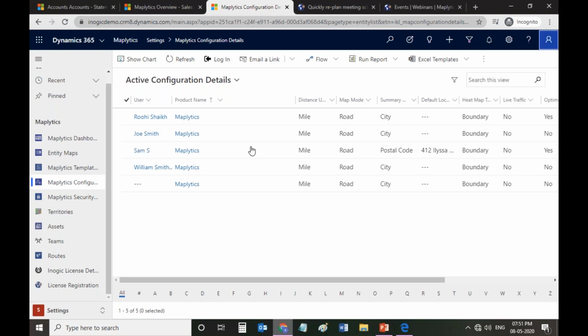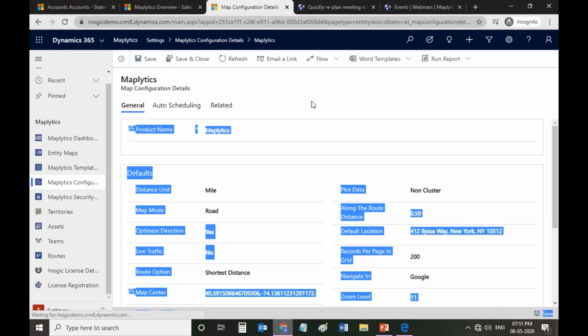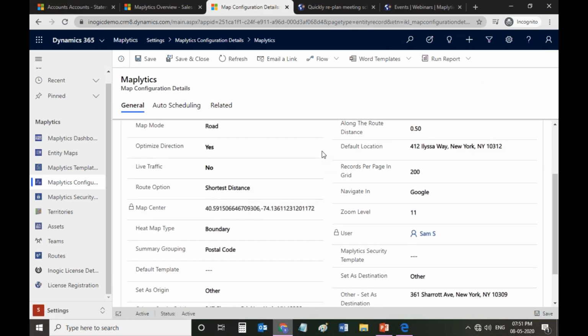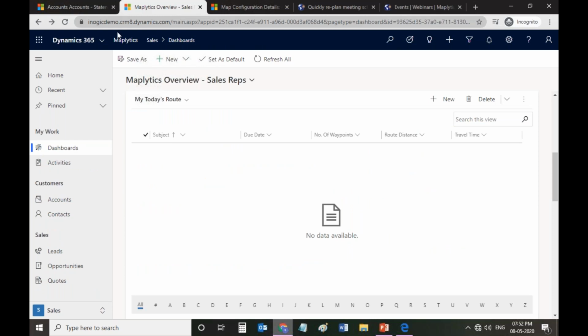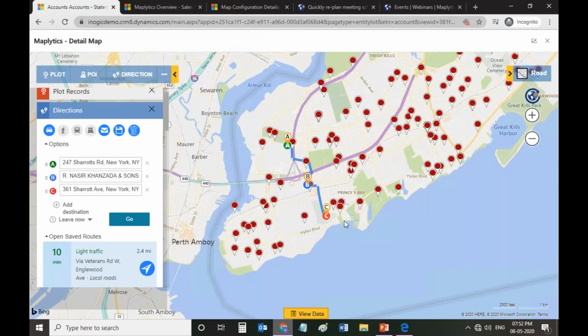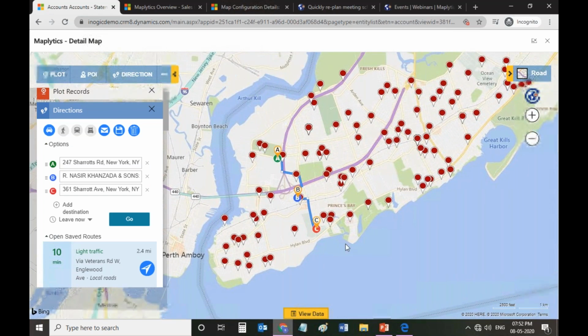So as I'm logged in as Sam here, I'll go to Sam's record, and here you can just scroll down, and you'll get the option to select the default origin and destination. This is very useful if the salesperson starts and ends his journey at different locations, and these origin and destination locations are always constant. In that case, you can save the constant locations as the default values for the origin and destination, right? The same locations have been fetched over here as soon as I added one waypoint